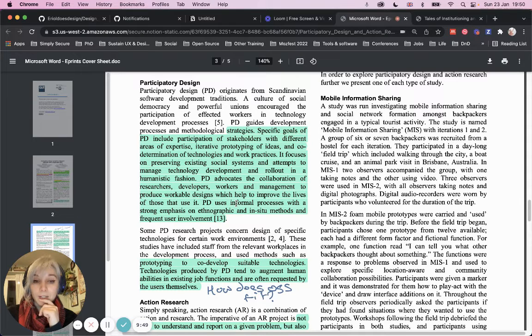I don't know whether it's always successful, but it's interesting to look at the connection between how PD self-describes as being involved in this and how I have observed doing design within open source follows a lot of this. This is often a lot of the hope. So participation with stakeholders of different areas of expertise, collaboration of all different people, with the idea that you are there to also improve the lives of those that use it, as well as it being open source in and of itself, and informal processes with strong ethnographic and in situ methods, which you could describe as the ways in which designers in open source, or specifically drawing on my own experience, have